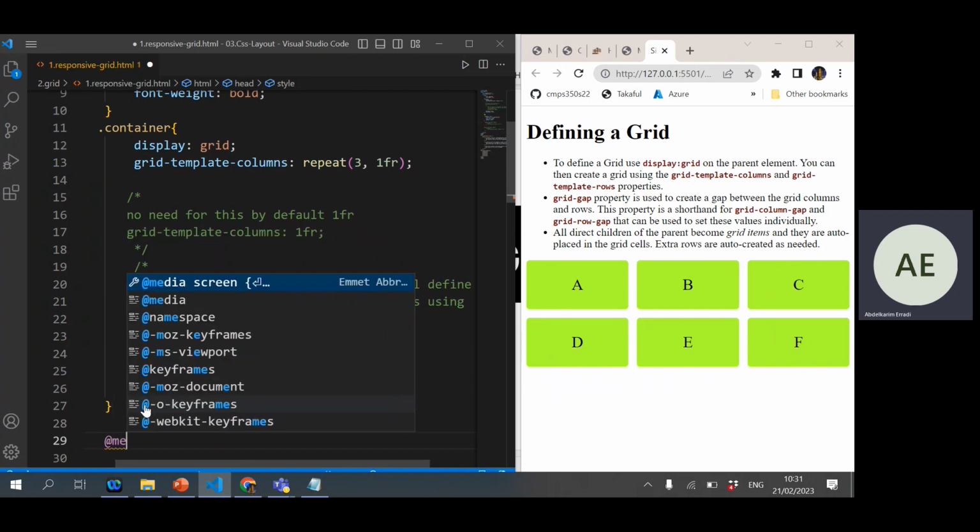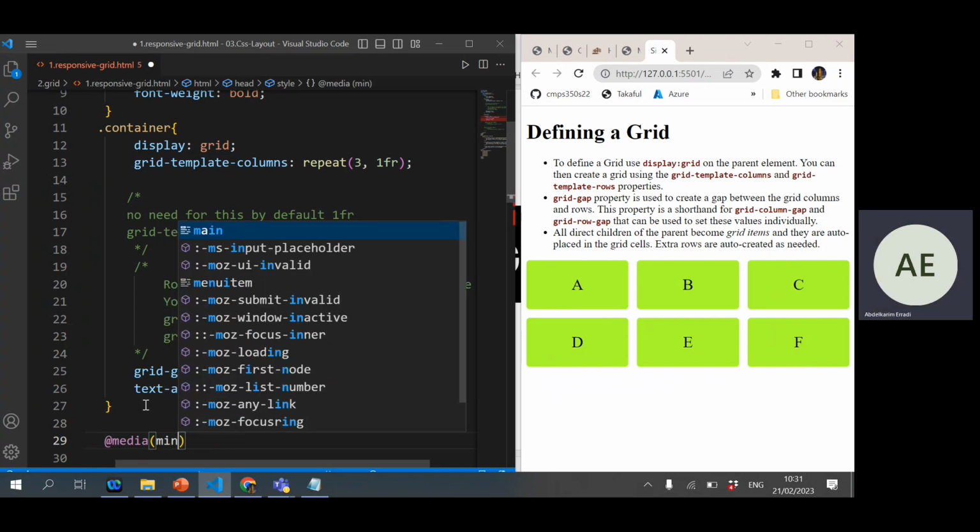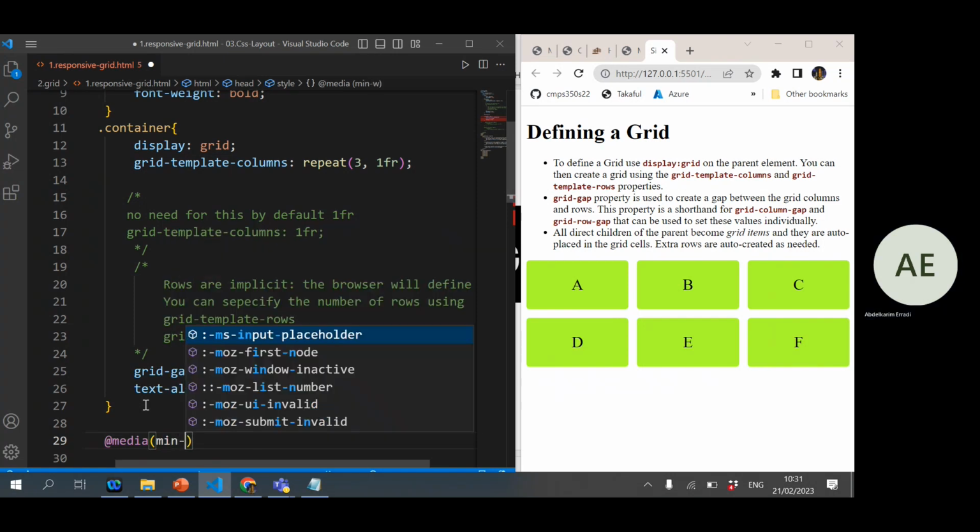So I'll say here @media. I can do a media query that will be applicable when you are viewing the content on the screen. I can do another layout when printing. Anyway, that is beyond our scope. Let's just keep it simple for now. Just say here @media, and then when you have a min-width